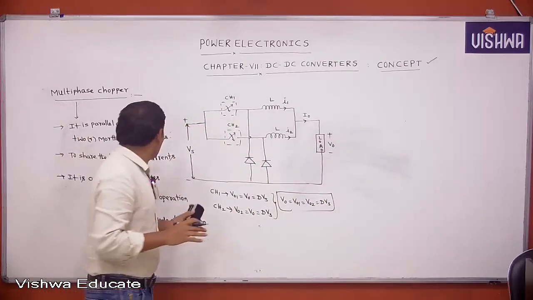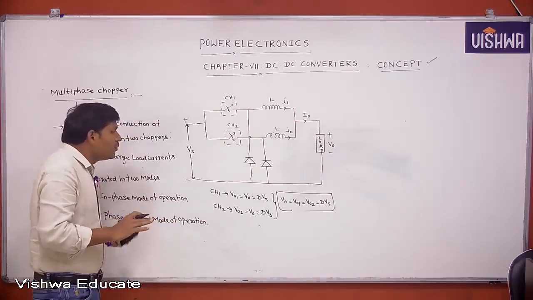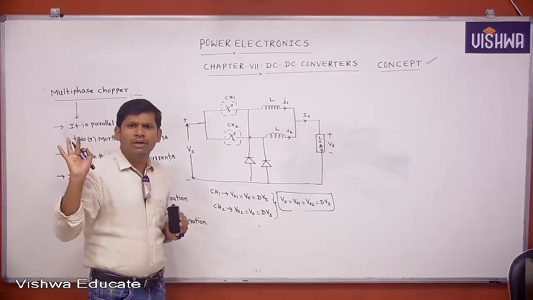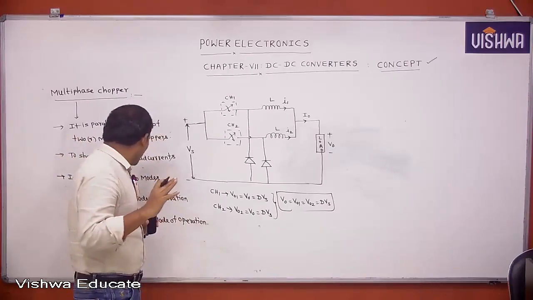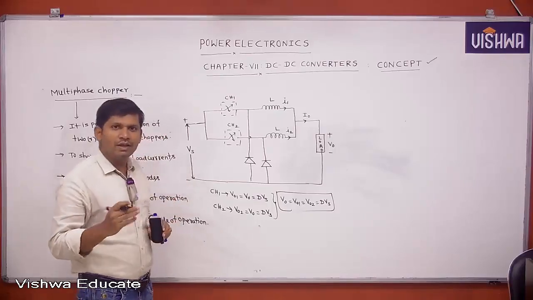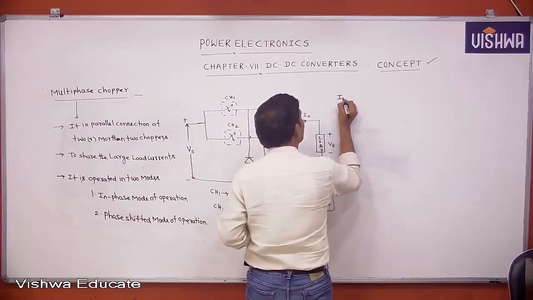But it may be in-phase mode of operation or phase shifted mode of operation. There is no change in output voltage. Output voltage remains constant. But based on in-phase mode or phase shifted mode of operation, the current will change. If you take the in-phase mode of operation,